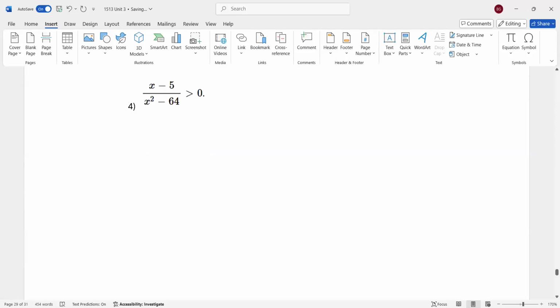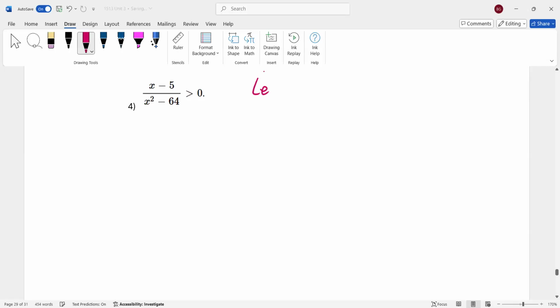The standard form of a rational inequality has 0 on the right side. So it already has 0 on the right side. We don't have to worry about that. Since it's already in the standard form, we can let